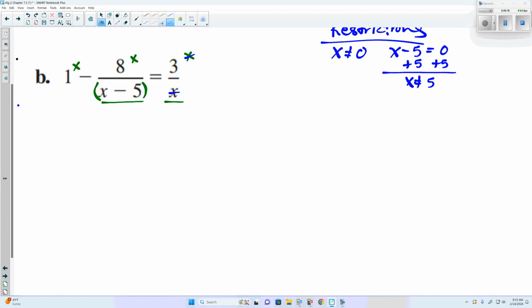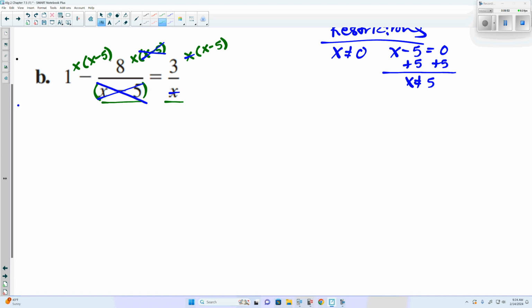X minus 5. Because if I multiply this middle term by the x minus 5, it and x minus 5 will cancel out. But we can't just multiply one part of it by x minus 5. We've got to multiply the whole thing. And really what we're multiplying by is what we call a scalar. We're scaling it up by a factor of x and x minus 5. This is the same as if we multiplied by -1 or multiplied by 2. But with this,